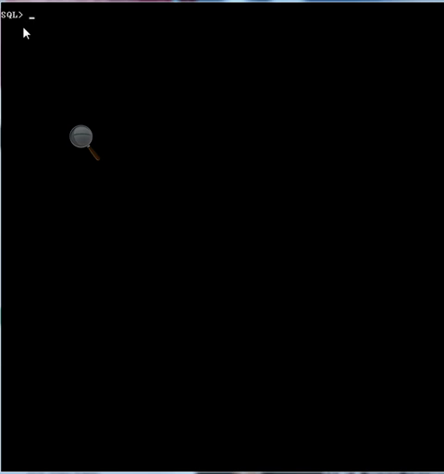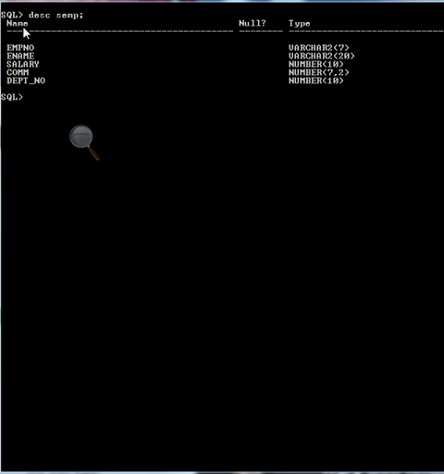Suppose we have two tables, the SEMP table and the DEPT table. DESC SEMP. This is the description of the SEMP table. Here we have the columns EMP number, E name, salary, company and department number.